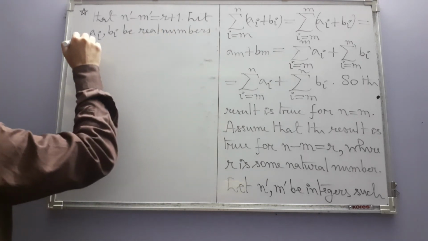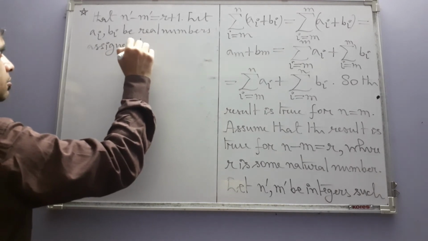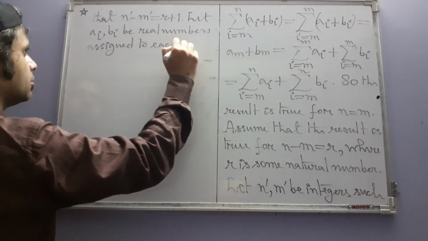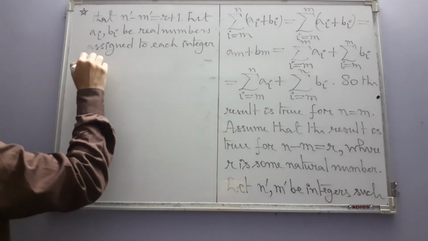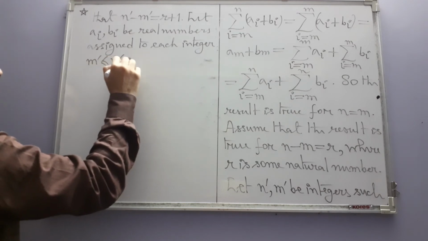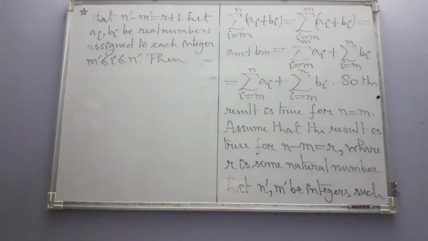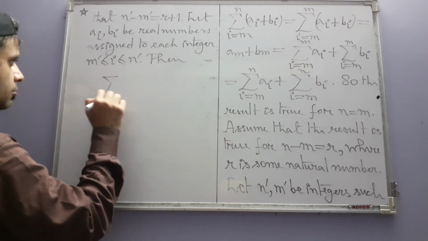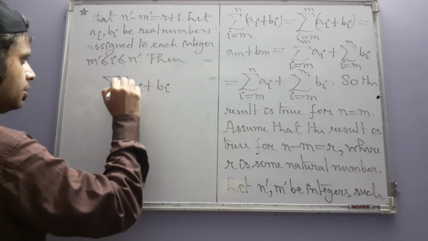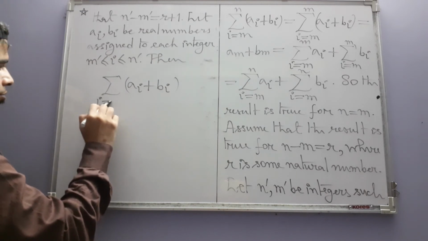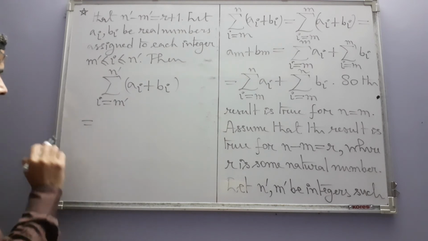Let these be real numbers assigned to each integer i lying between m prime and n prime. Then the summation of a_i plus b_i, where i varies from m prime to n prime, is equal to